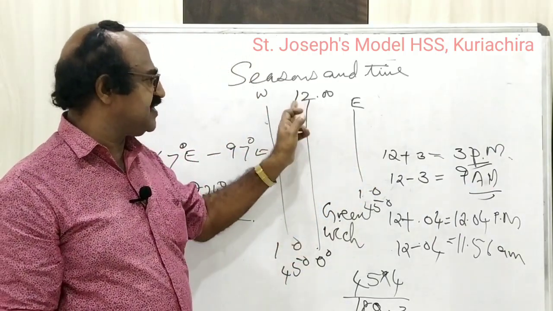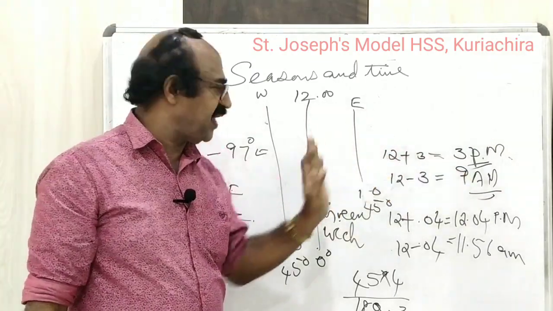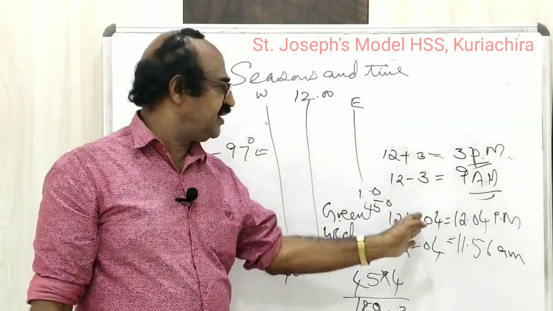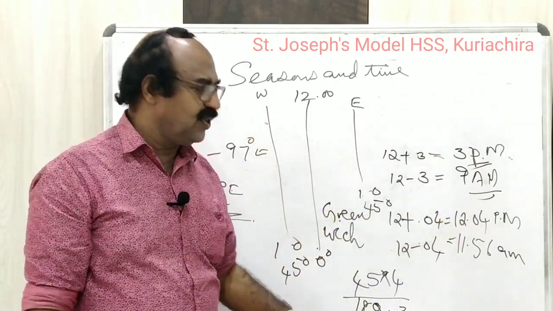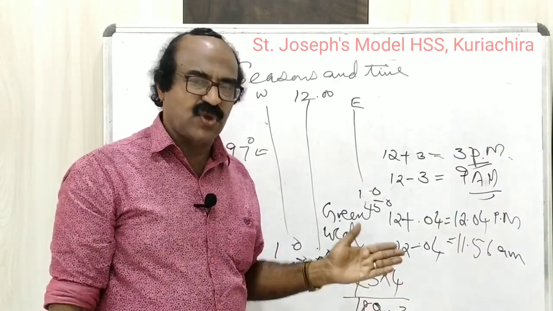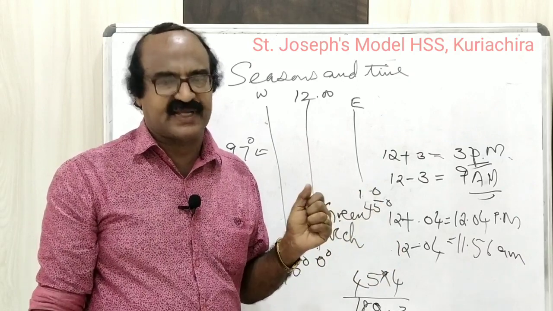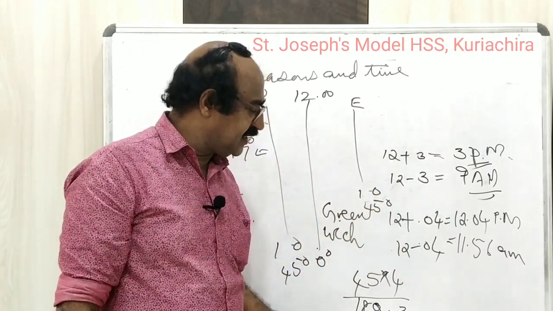The Greenwich time is 12. In the east, 12 plus 3, then you will get 3 p.m. Then in the west, 12 minus 3, then you will get 9 a.m. In this way, you have to do the problems which are shown on the 16th page of your textbook. Don't forget that. Then another point is,